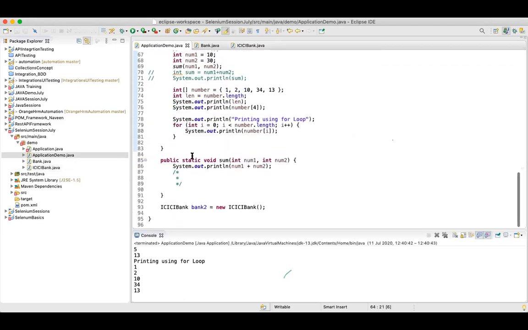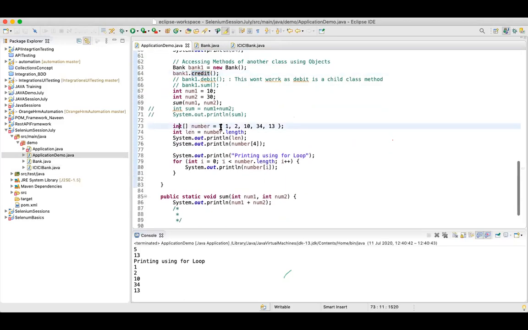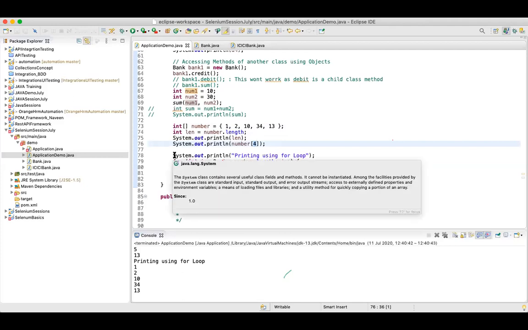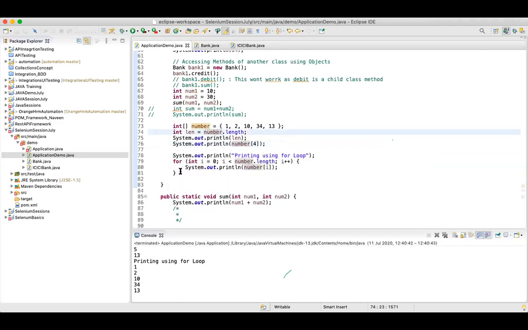And then in the last part, we saw what exactly an array is. If you want to store more than one value in a particular variable, you can define it as an array of integer. If you define it simply as an integer, it will be able to store only one value, but if you define it as an array of integer, it will be able to store multiple values. Then you can get the length of that array. If you want to print any specific index, you can use indexing, or if you want to print all the values, you can simply use a for loop.